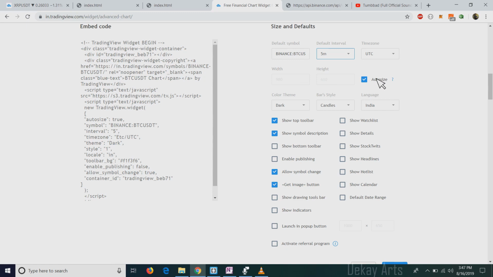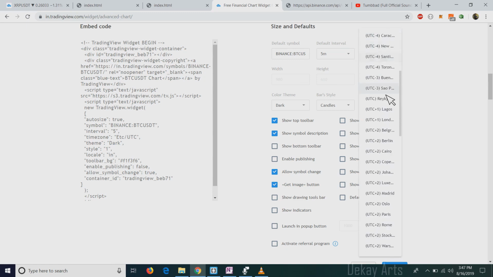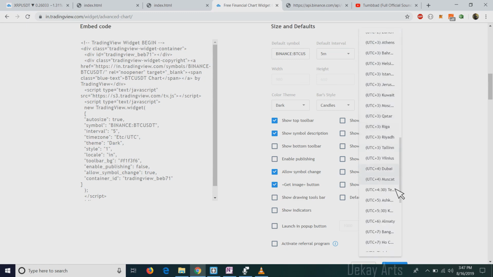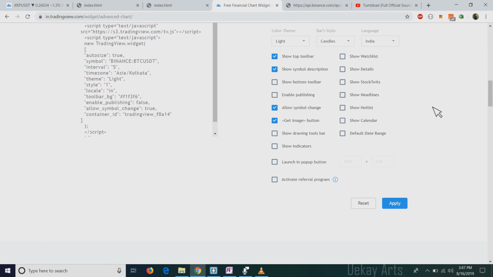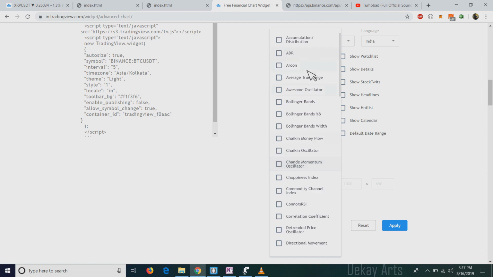Okay. Similarly, we can change the time zone here. So I operate from India. Okay. So if you change it to India time zone, UTC plus 5:30, it gets updated here, Asia Kolkata. So you can also use a dark theme or light theme. Let's try light theme, and you can use the candlesticks or Heikin-Ashi candles, all those charts, and you also have an option to pass some indicators. So here you can select show indicators, and you can add required indicators that you want.